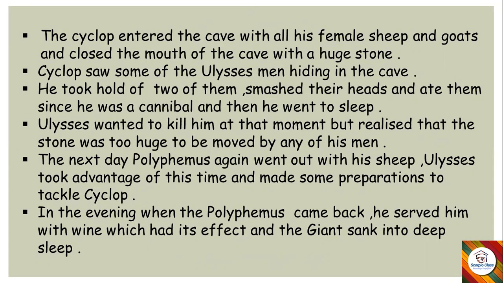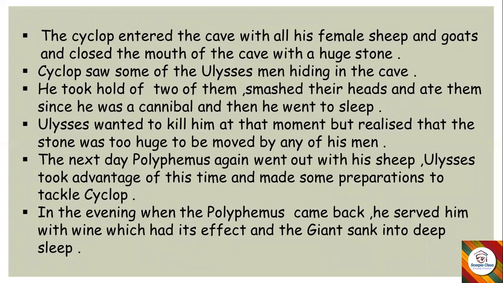And then when all of them entered, he closed the mouth of the cave with a huge big stone. Now Cyclops saw some of the Ulysses men hiding in the cave. Imagine what would have happened when he sees that some men are hiding in the cave. He took hold of two of them, smashed their heads, and ate them since he was a cannibal, and then